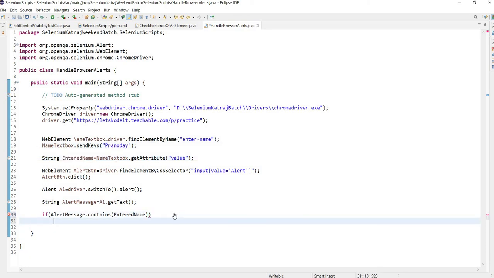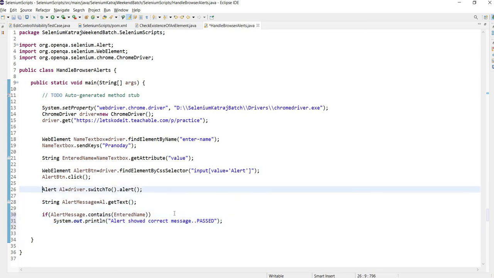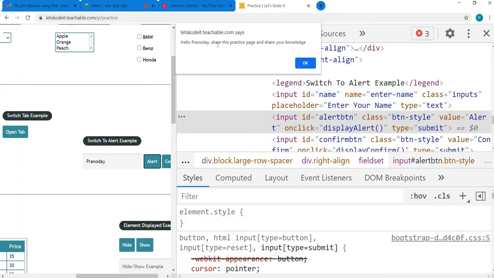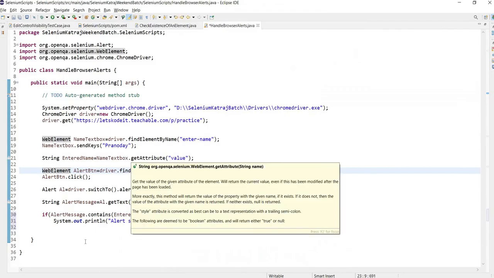If it does, then I will say System.out.println, alert showed correct message, passed. If the text I entered is not seen in this alert message, then we want to fail the test case.